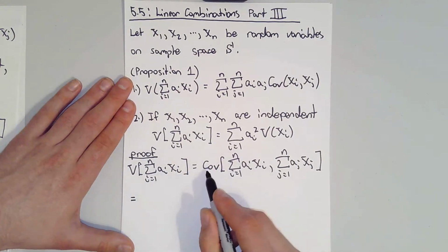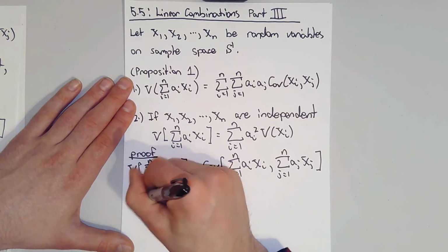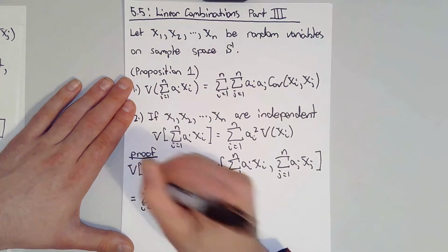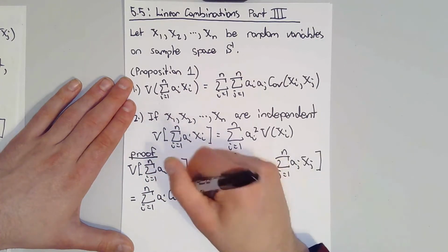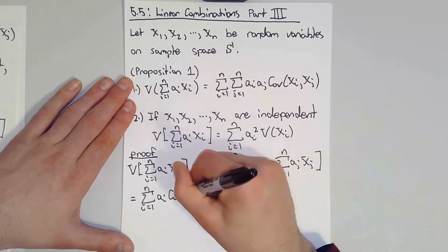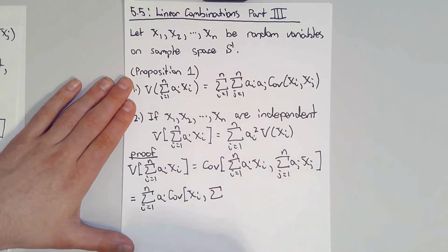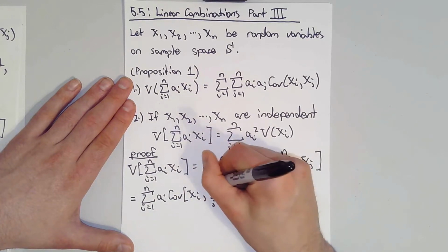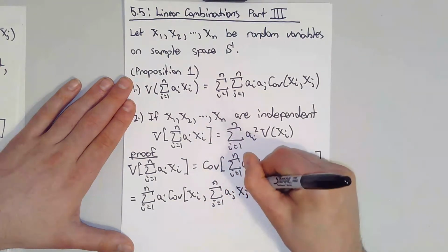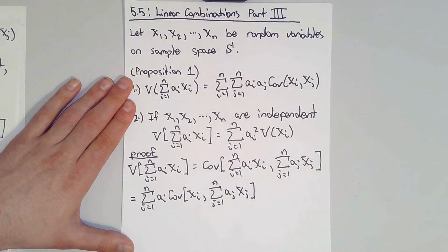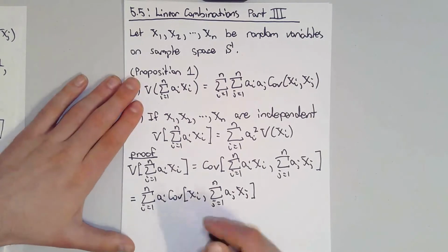So applying the covariance over this linear combination of the first component, we get the following, leaving the second component alone, just like so. Now again, using the bilinearity of the covariance operator, we get